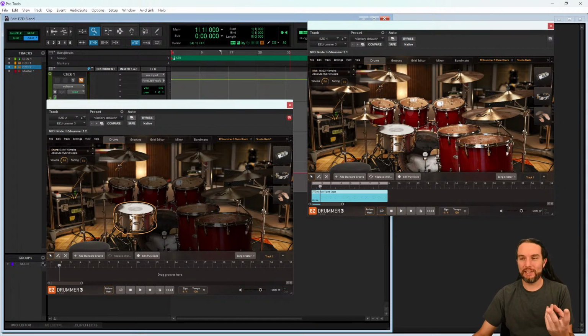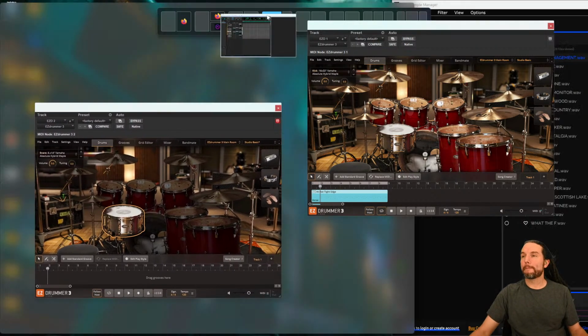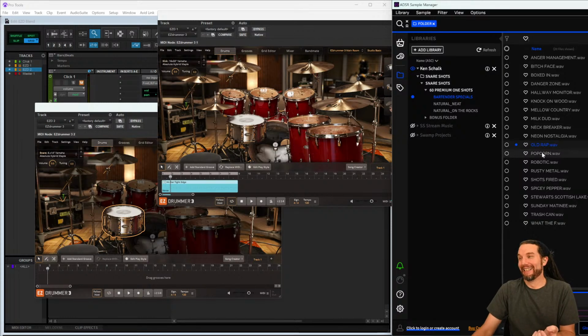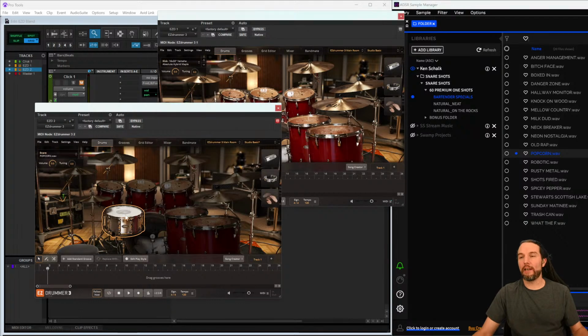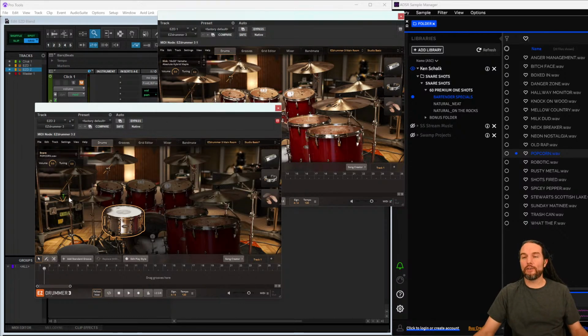Now I'm hearing two of the same snare drum, which is bad. There's a lot of phasing happening. But now I can grab the one shot I want. At this point, I'm just trailblazing, so popcorn, yeah. Now popcorn's in there, right? Hear how that's working? And it's too loud, so I can adjust the volume of this snare drum here, or